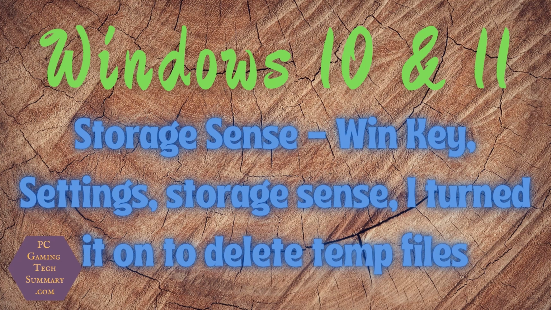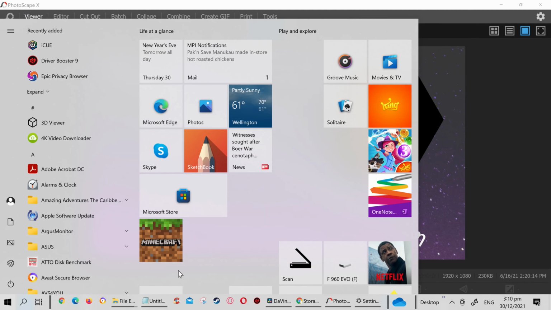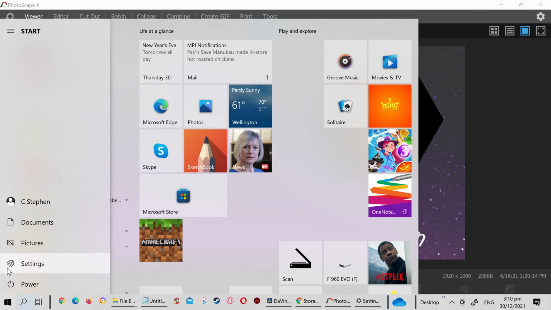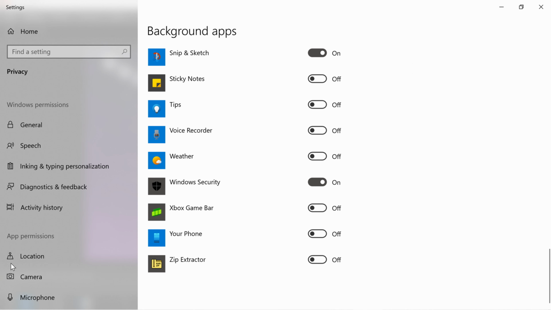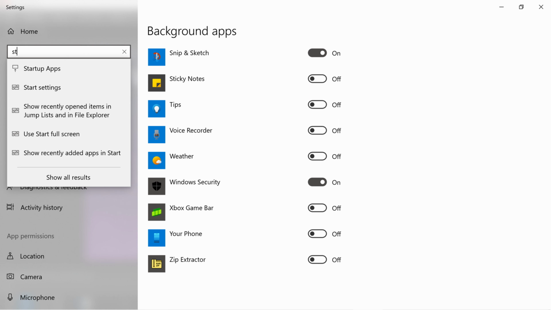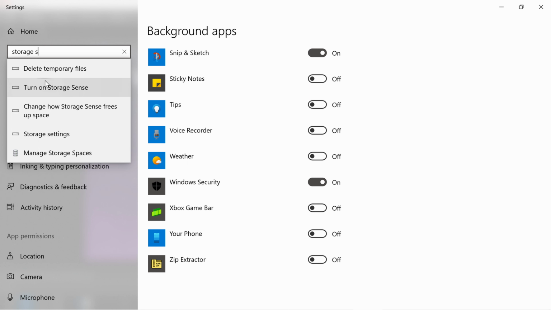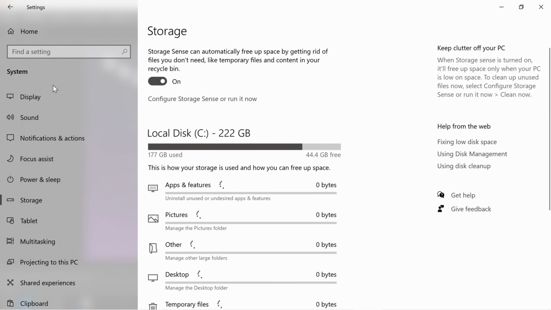Now, Storage Sense. Go to your Windows key, settings, Storage Sense. I turn it on so it will delete temporary files automatically, which is great. I don't want to have to keep going into temp folders and delete everything. I want that stuff removed when it is appropriate. So you go here and just have Storage Sense on. And you can also configure it right below there, that line. If you click that,